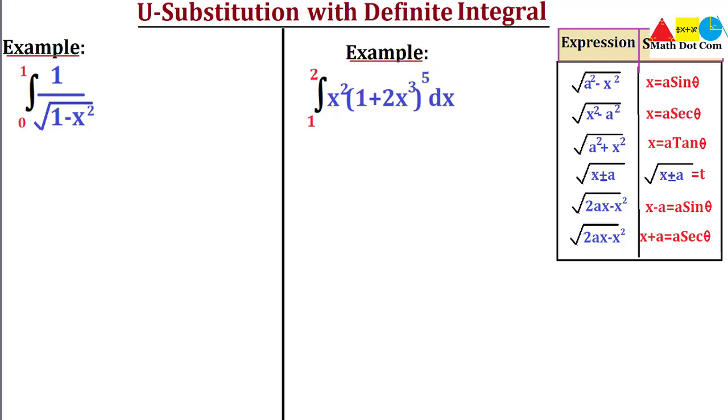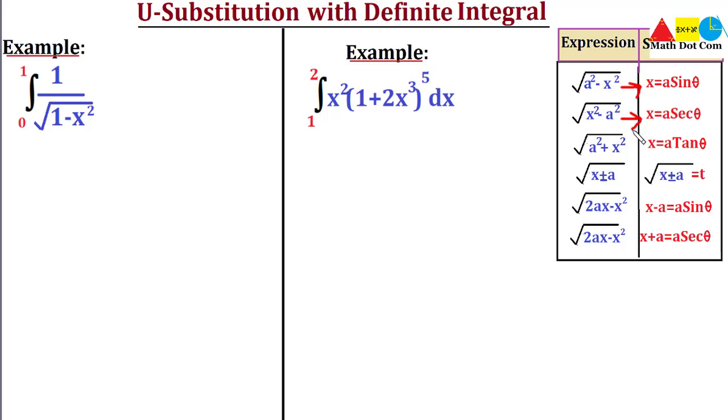So first of all we have example 1, where we have the integration of 1 over square root of 1 minus x square. Here I have made a table for your ease in which suitable substitutions are given, and the expressions are also given, so that if you come across such an expression then you have to use this substitution. Like in case you have 1 over under root a square minus x square, a could be 1, 2, 3, it depends. So you have to make the substitution like this. The same is the case with under root x square minus a square, then you have to make the substitution like this, and so on. These substitutions are very important to memorize in order to solve the integrals with use substitution method.